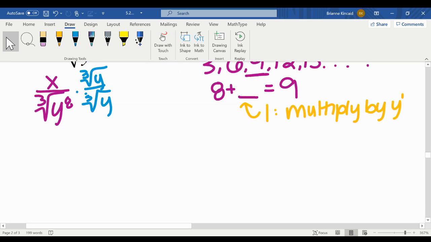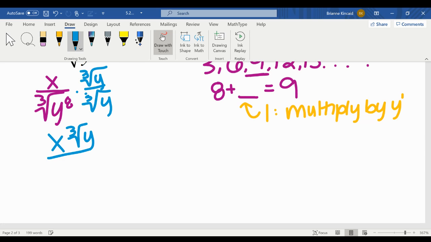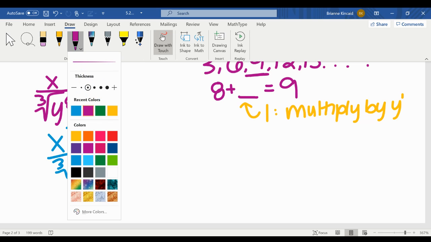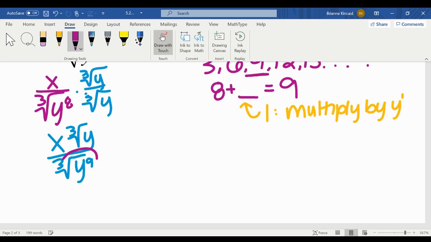Now, in doing this, we are going to get x cube root of y over the cube root of y to the 9th, because our rules of exponents say that we're going to add 8 plus 1 is 9, which then, if we think about it, focusing on the denominator, 3 divides into 9 3 times. That's x cube root of y